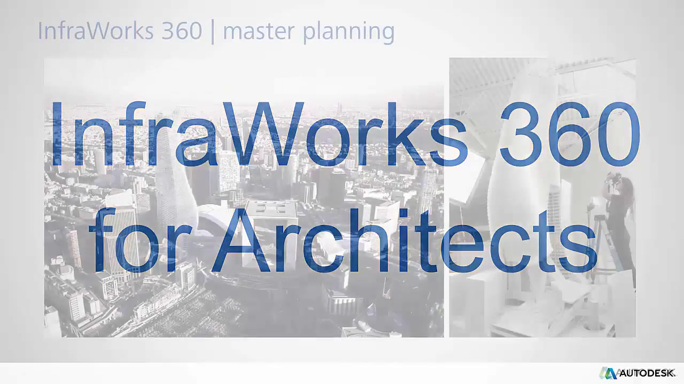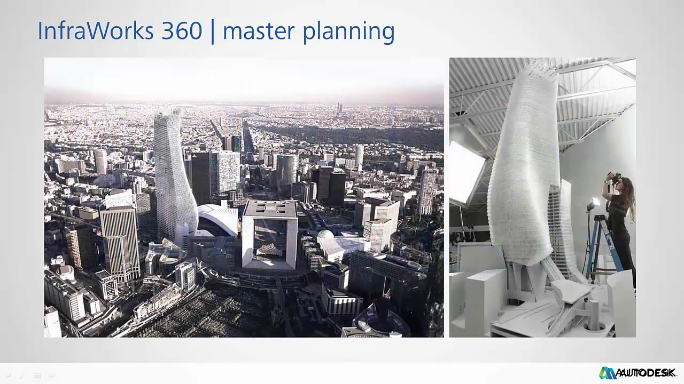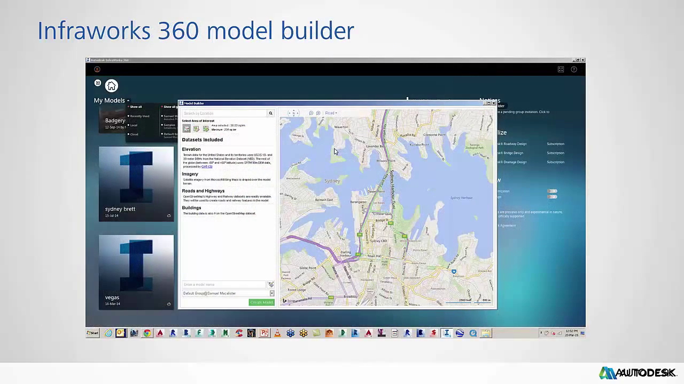InfraWorks 360 for architects. So why do architects need this tool? Well, a lot of architects design public buildings and public spaces, and they need to communicate to all the stakeholders, the communities, and the planners what the impact of that design is going to be within the context of a city. So if we look at the 360 model builder here, we can use this tool